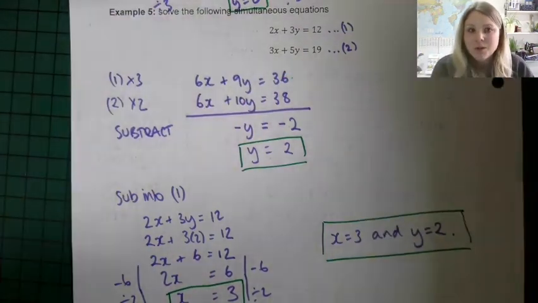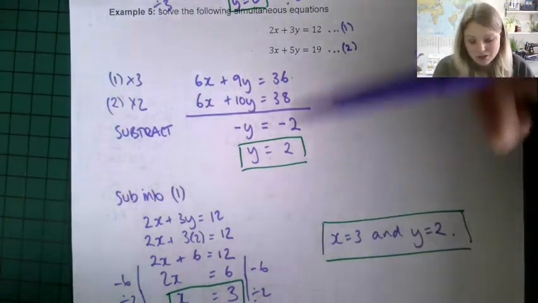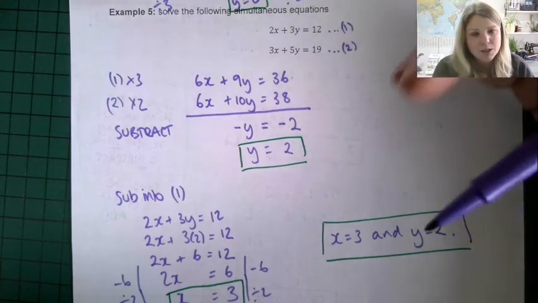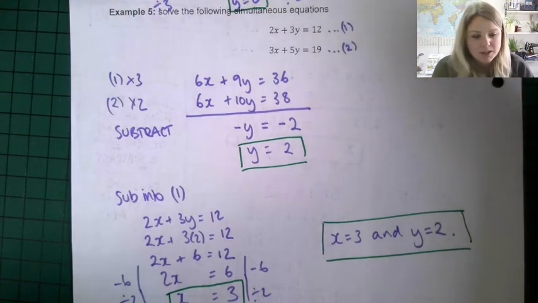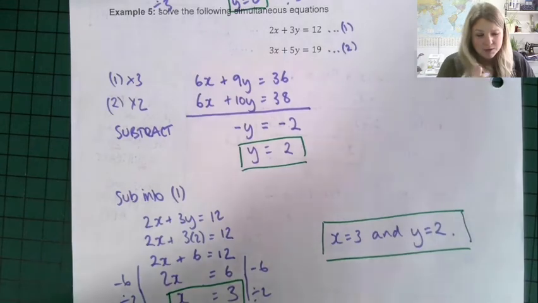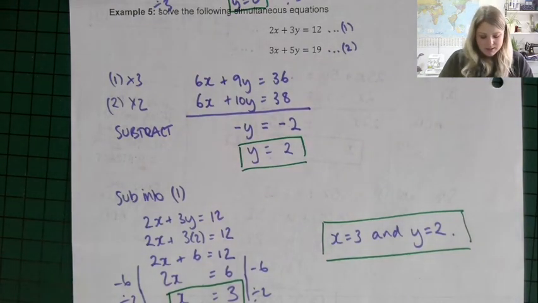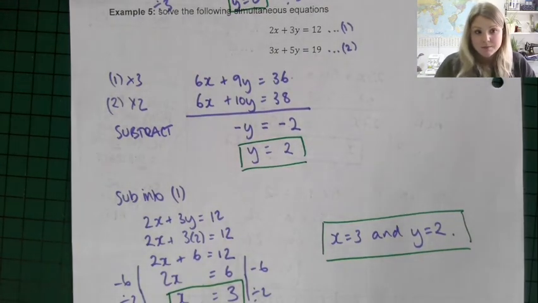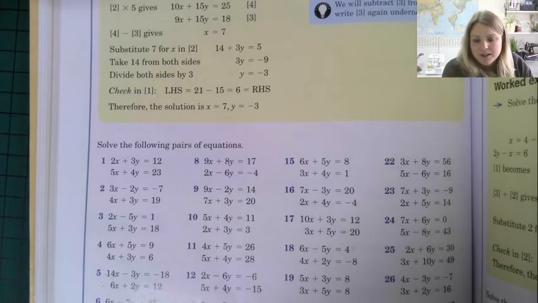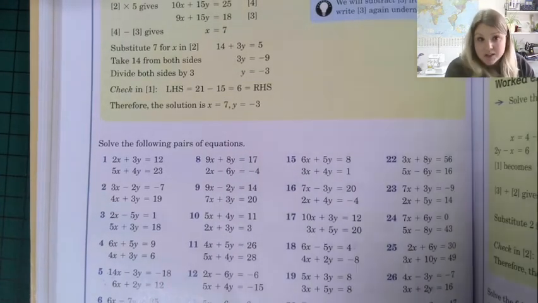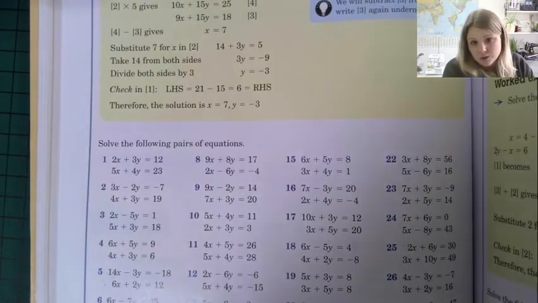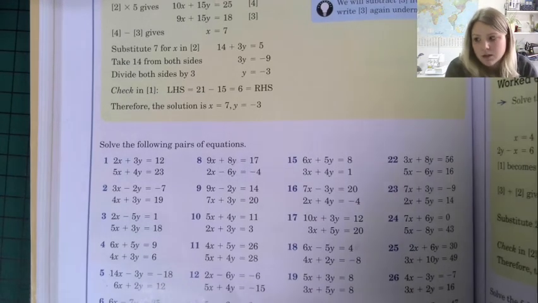Okay, so the questions you're going to be doing today are all like these ones, where you're going to end up multiplying both of the equations by something to eliminate one of the letters, so a little bit more difficult. Let's have a little look at the questions. So it's exercise 10b, and again, just like yesterday, just do as many as you can. So you don't have to do every single question, but just as many as you can get done within the